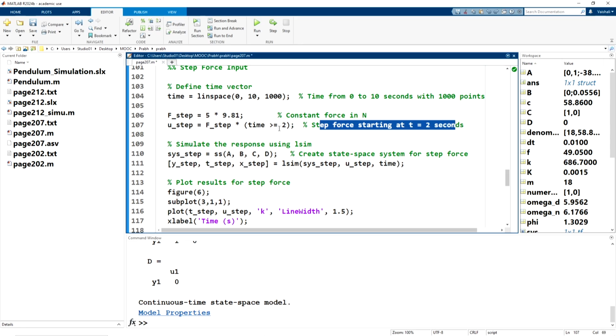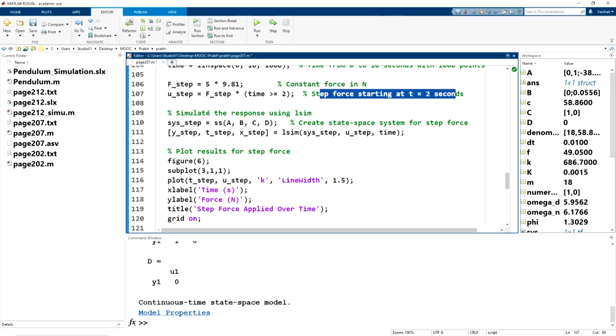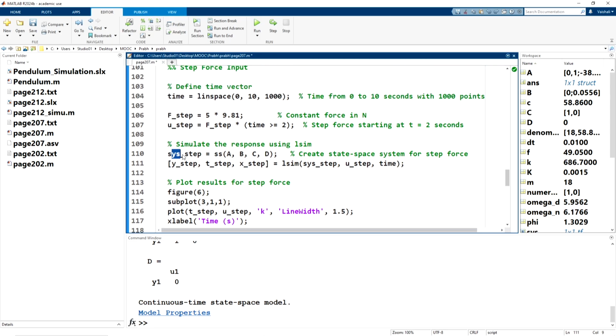Now again the procedure remains the same. Simulate the response using LSIM. I have represented the variable with step for this case: system_step = ss(a, b, c, d), creating the state space system for the step force, and again this is the output, y_step, t_step and x_step, and these are the inputs to LSIM, u_step and time.